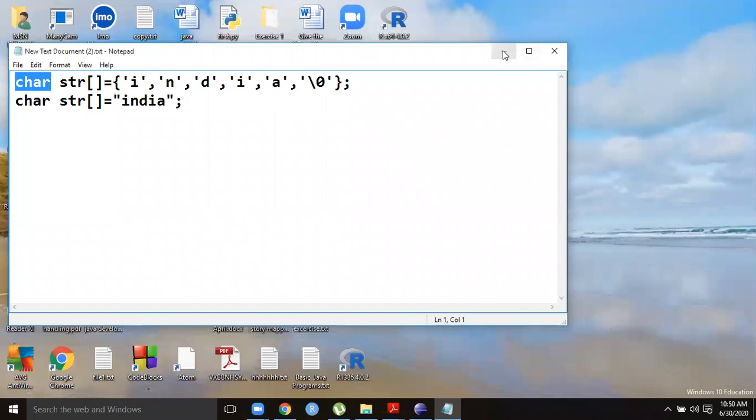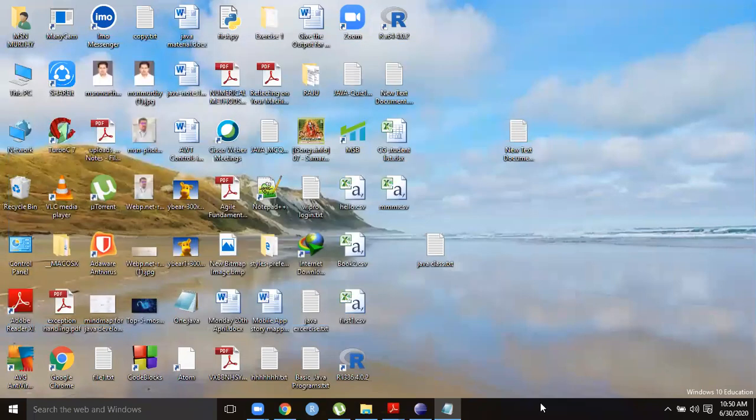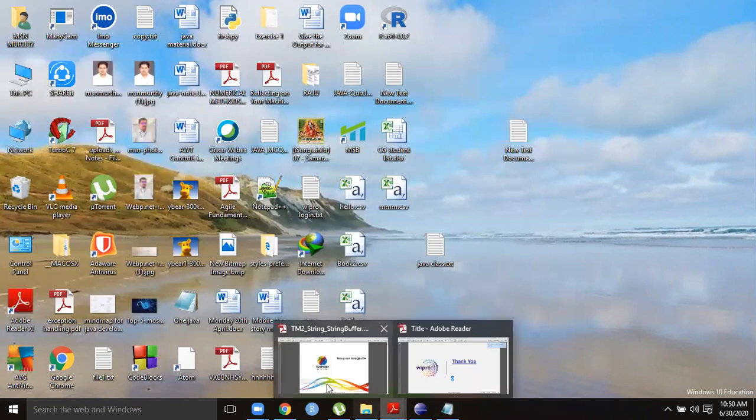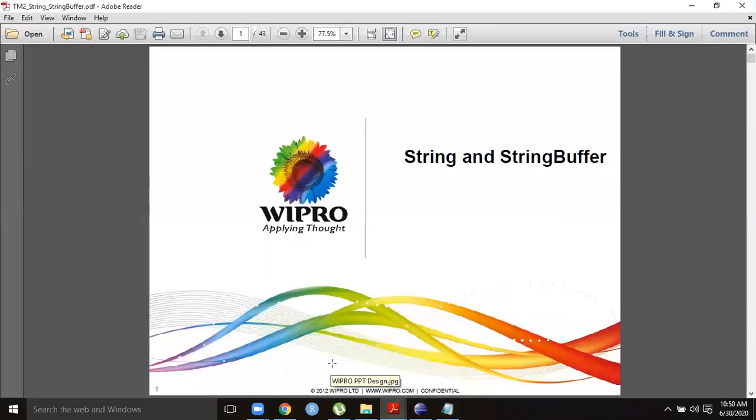But Java, I think you all know, is a robust language. Robust means what? A strong language, with different features. It won't allow different types of type conversions. It allows only some specific type conversions, and it is very particular about the types we are using. A character array cannot be a string. A character array is different, and a string is different.